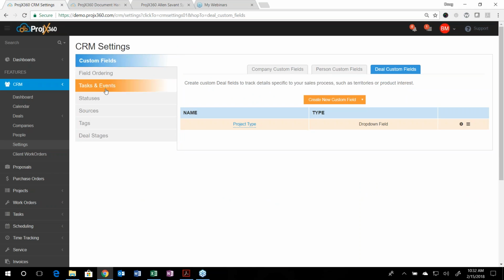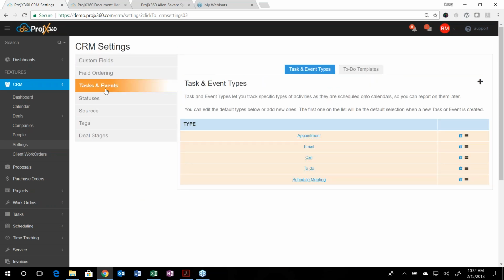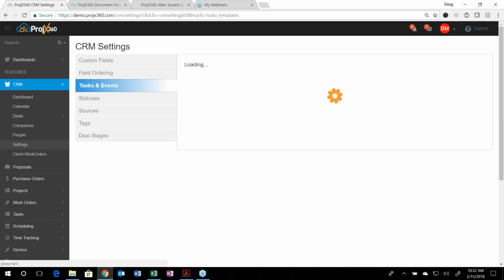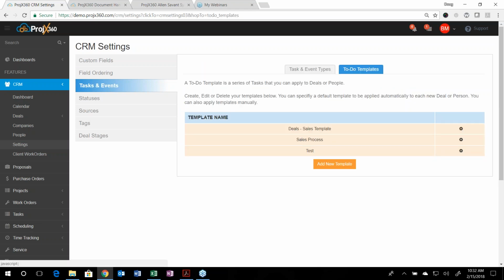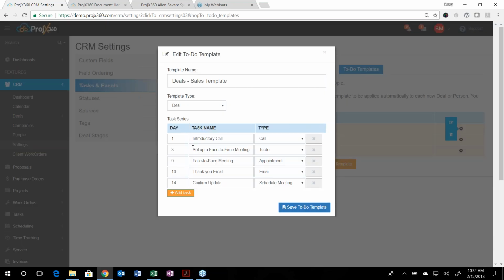You'll want to set up your different activities. So here's those activities and tasks basically for the salespeople. You can create what type of event it is, and you can edit or delete any of these over here. But here's where you can create those to-do templates basically for the salespeople. And if you want to see what it is when you set one up, this is what I'm